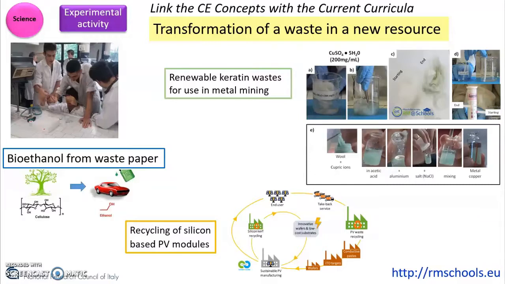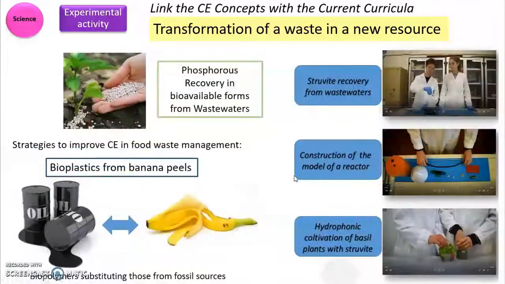For example, in a chemistry lab, you can show how it is possible to recover keratin from wool waste and to use this protein for cleaning water from heavy metals, or how bioethanol can be obtained from waste paper. Or you can show how it is possible to recover phosphorus from wastewaters, or show an example of strategy in food waste management on how discarded vegetable materials can be used to obtain bioplastic that can substitute those obtained from